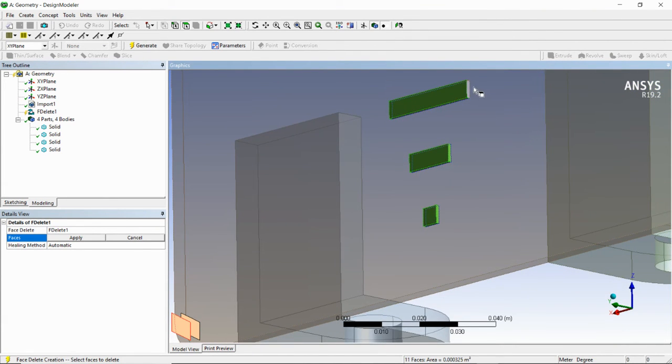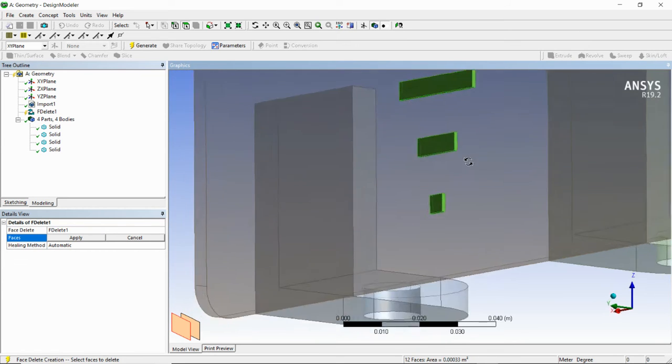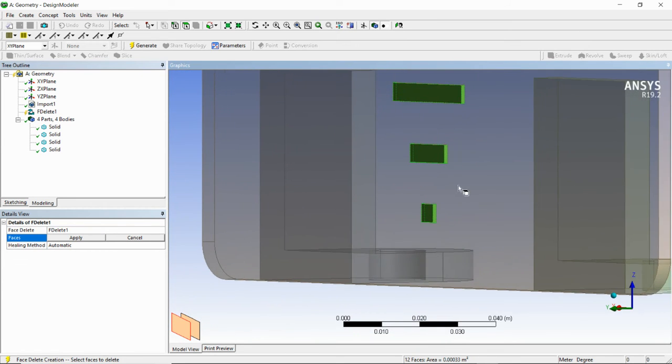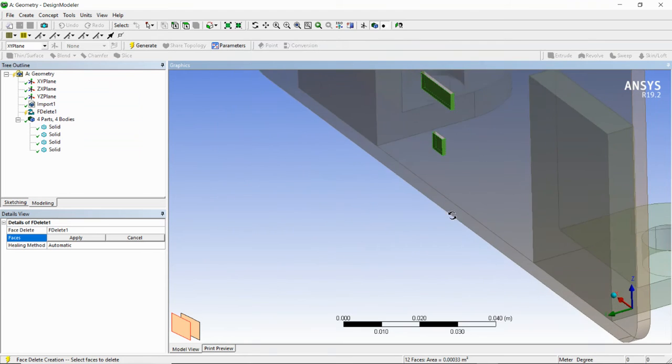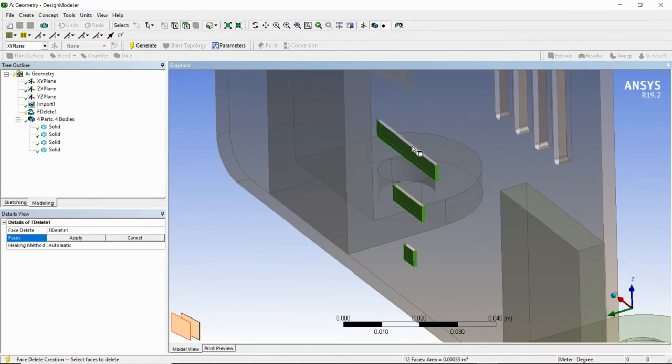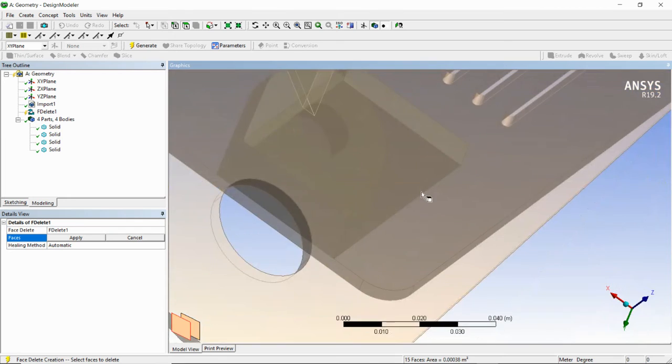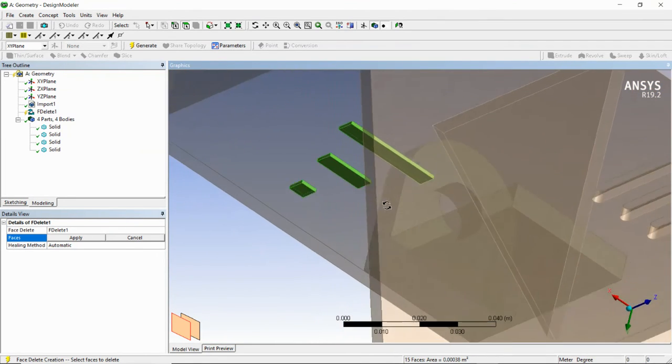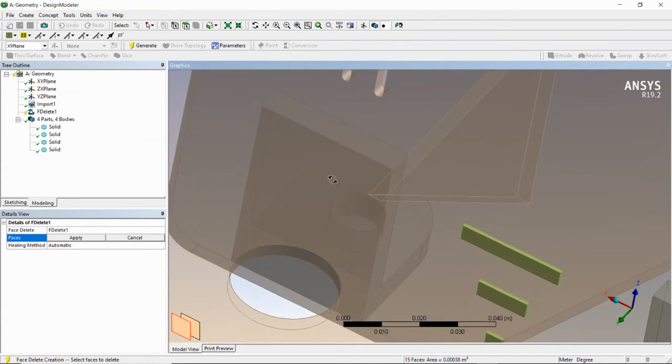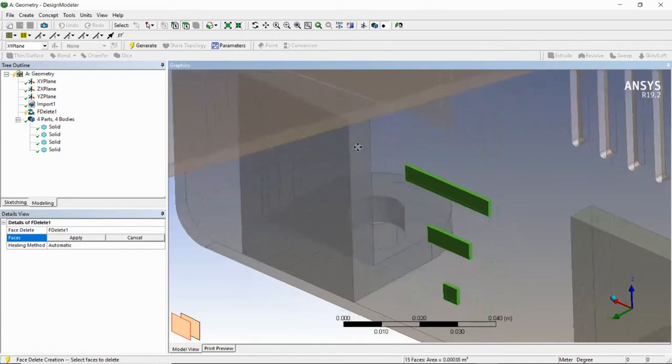I will select all faces at once. For that you have to press Control and start selecting. Okay, I have selected all the components.